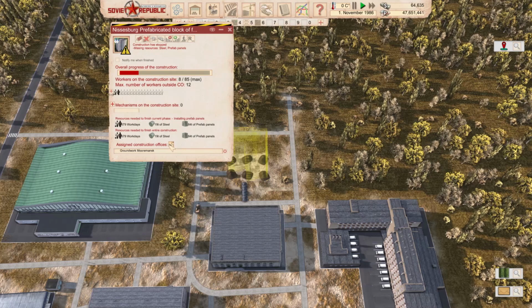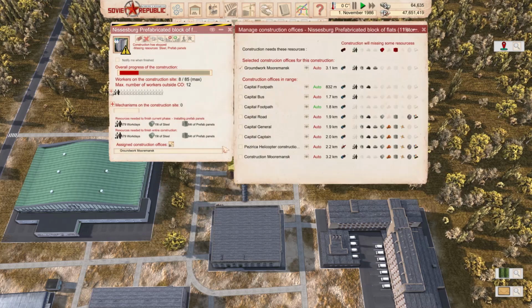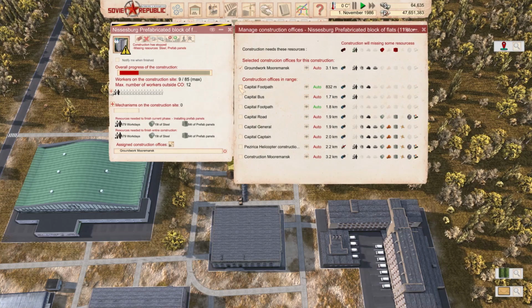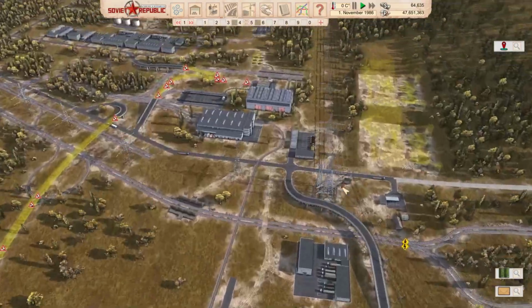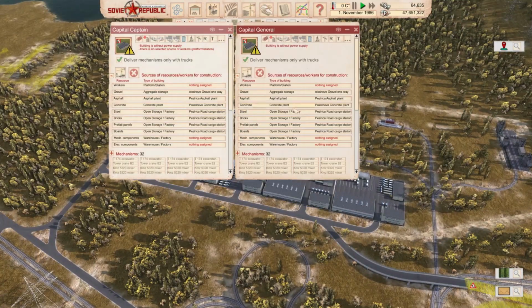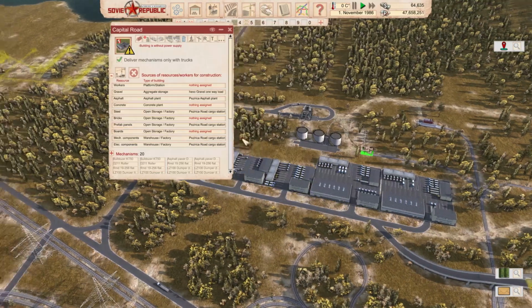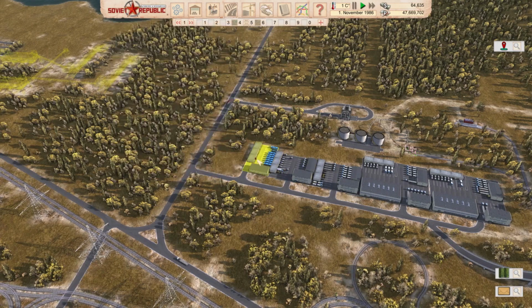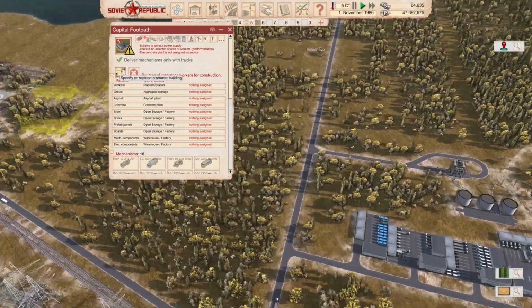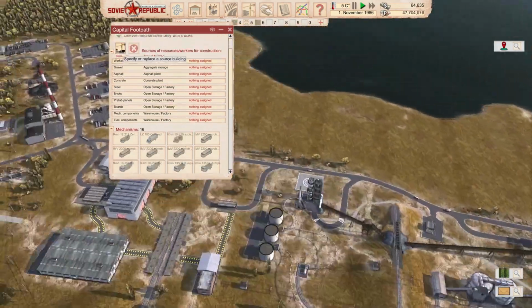Yes, I do feel a little bit embarrassed, so what I'm gonna do here, Ground War Murmansk, I'm gonna go for Capital Footpath. I can see that some of these buildings, do they have everything assigned parallel to each other? They do. Road has everything except workers. Buses has only workers, that's fine. And then we have Footpath. Footpath doesn't have anything assigned to it, so we're gonna have to have...